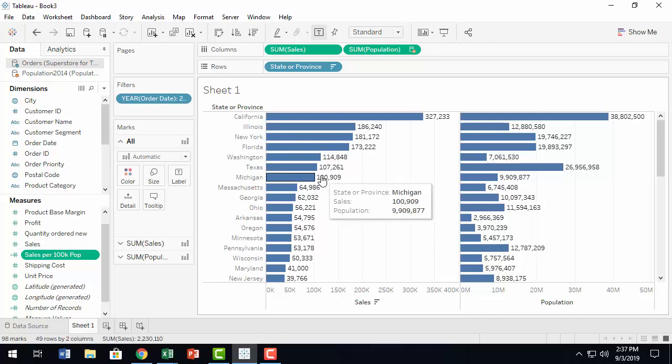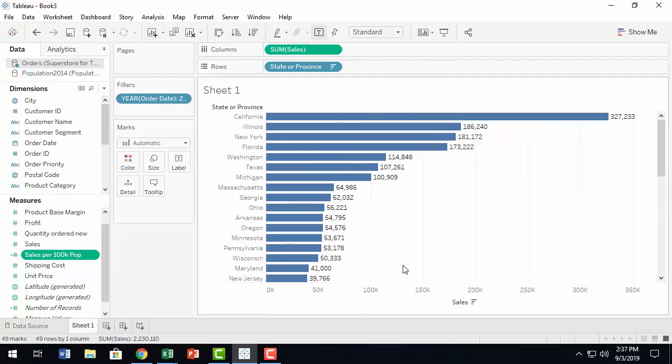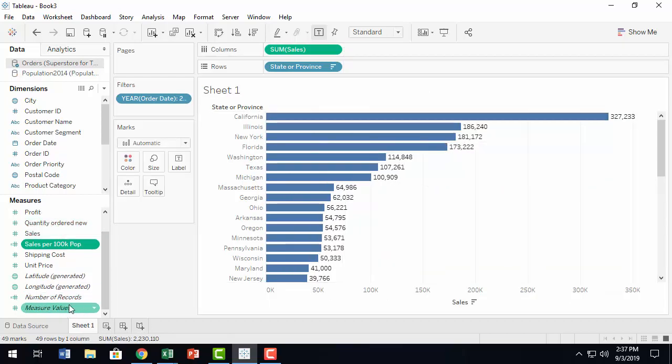All right. Now let's go ahead and remove this population. We don't really need to do population. So now we have sales per 100K population. You see there is a number sign, and before the number sign is an equal sign, and the equal sign tells us that this is a calculated field. So you bring that in,